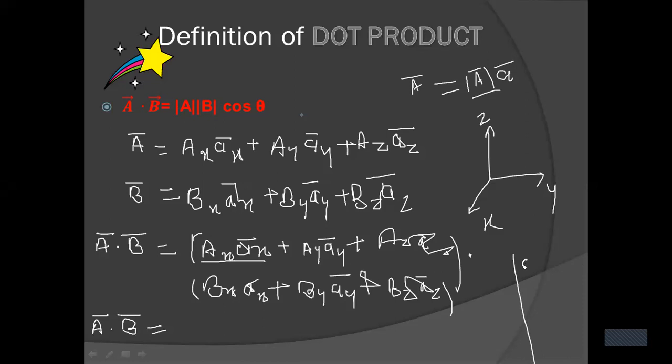Here the dot product of unit vectors: if these two unit vectors have the same axis, for example a bar x dot a bar x, then it is equal to 1. Remember this. If a bar x dot a bar x is there, or a bar y dot a bar y,